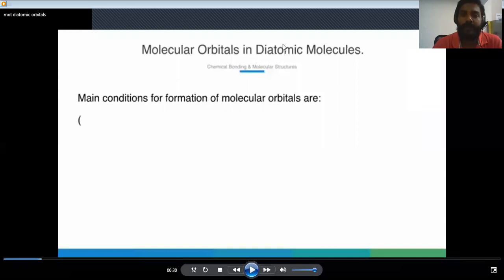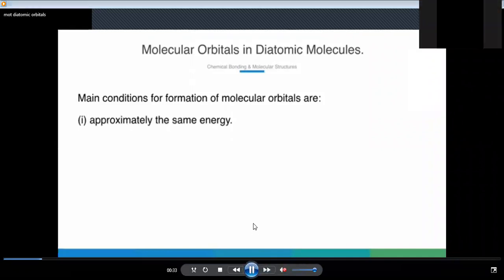How do electrons participate in the orbitals? We have bonding orbitals and anti-bonding orbitals, right? Now the main conditions for